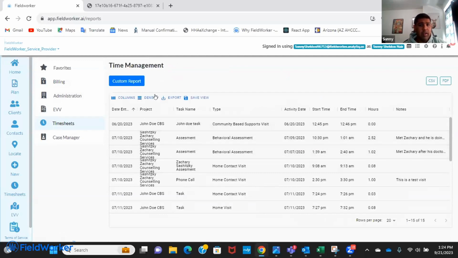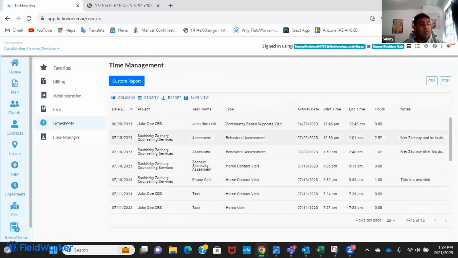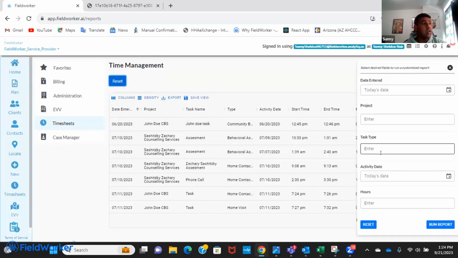And we have capabilities of filtering this data, and you can always have just the client information that you wanted. So it's extensive reporting, and we also have the custom report feature. If there is any information that you need, you can always select the fields and have information populate.